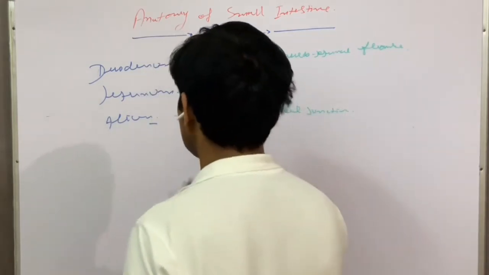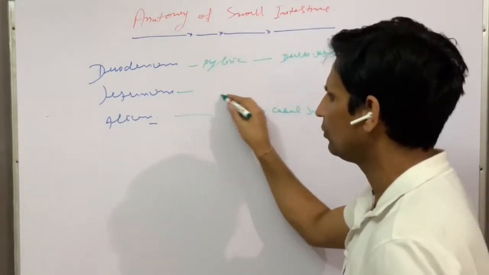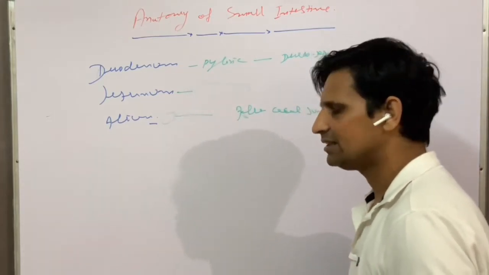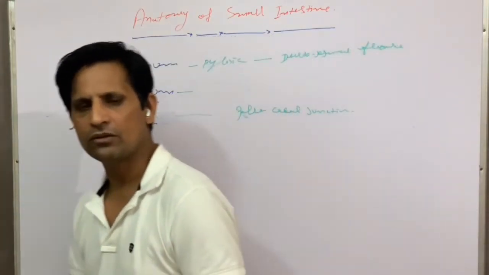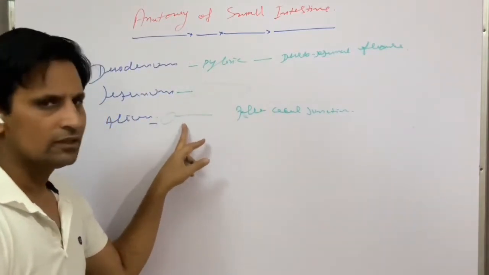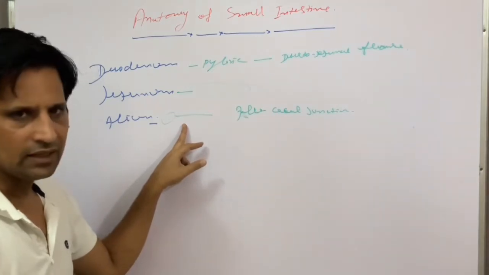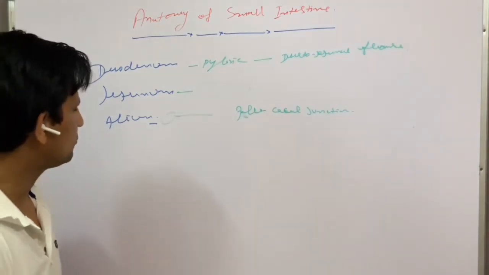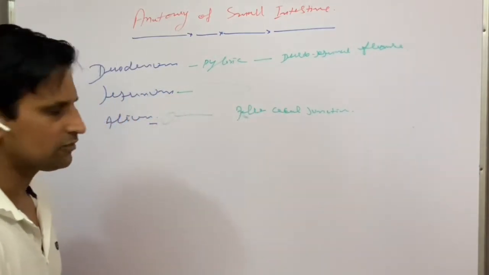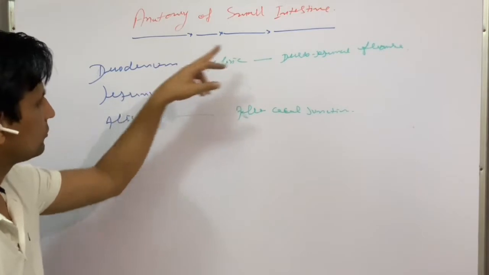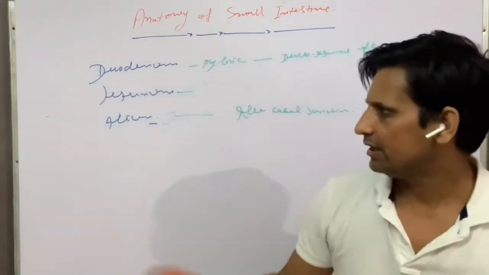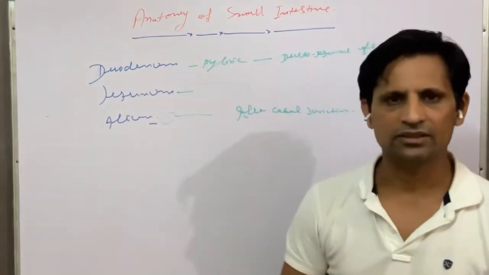You can see much larger mucosal folds in the jejunum, but shorter folds in the ileum. And jejunum itself means empty, because most of the time this portion will be empty, not loaded with the contents of the GIT. In a cadaver, you can see this portion will be totally empty. So empty means jejunum; that's why it is termed as jejunum. So the small intestine can be divided into three main portions: the duodenum, the jejunum, and the ileum.